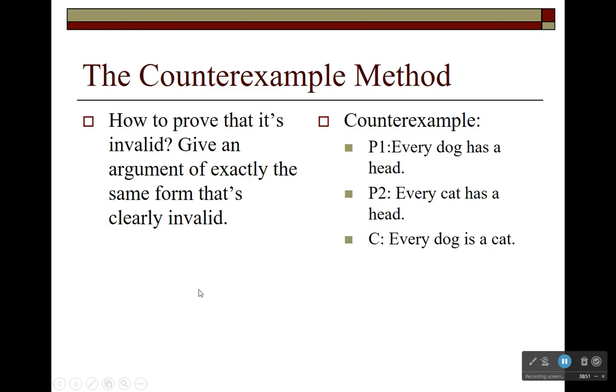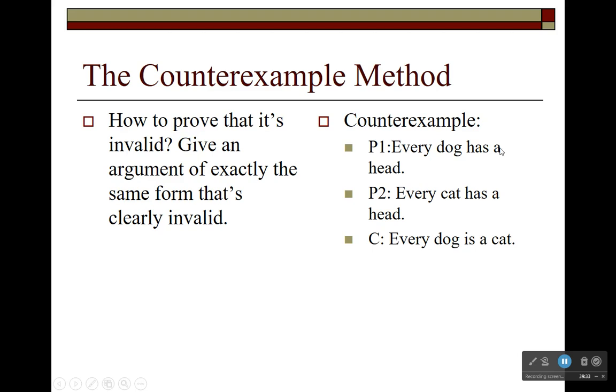Now here again, what did we say is the test of validity? If the premises were true, would the conclusion be necessarily true? That's the test that an argument has to pass for us to say that the argument is valid. In a counterexample, the premises are true and the conclusion is false. So obviously, if you come up with an example in which the premises are true and the conclusion is false, then it is possible, with respect to an argument of that form, for the premises to be true and the conclusion to be false, because you've just given an example in which that's the case. So that's what I mean by the counterexample method.